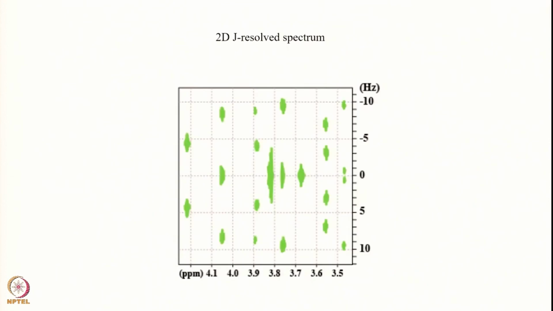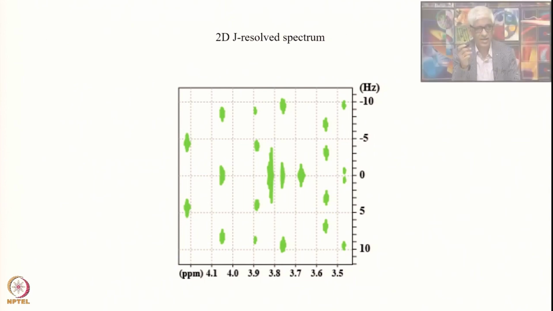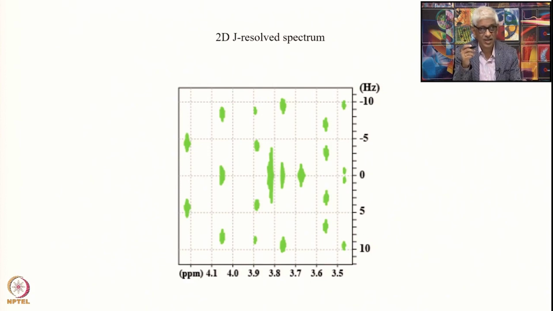Okay. So, now we see here it is a more complex system. We have many spins and I have just shown the spectrum here for your information, and I do not even know what molecule it is, but nevertheless it does not matter. You have here a doublet, you have a triplet, then you have a doublet of a doublet here, then you have again possibly a triplet here, but with a smaller coupling constant. So, here you have a triplet, again a single line, and then you have a doublet of a doublet, again doublet of a doublet. So, you can see all the coupling information can be obtained, and look at the range